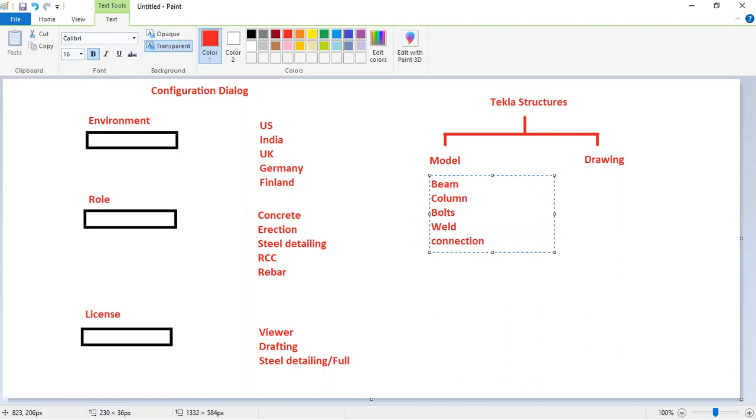Connections are basically the joints. Members are getting connected. We need to add a connection there so that everything fits together in a proper way, or whatever the design drawing has given you as the connection design. So as per that, all the elements should fit in the model, right?